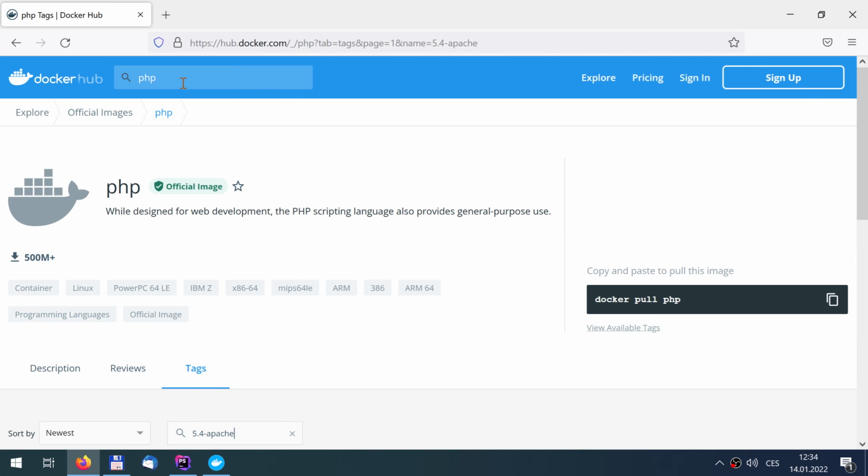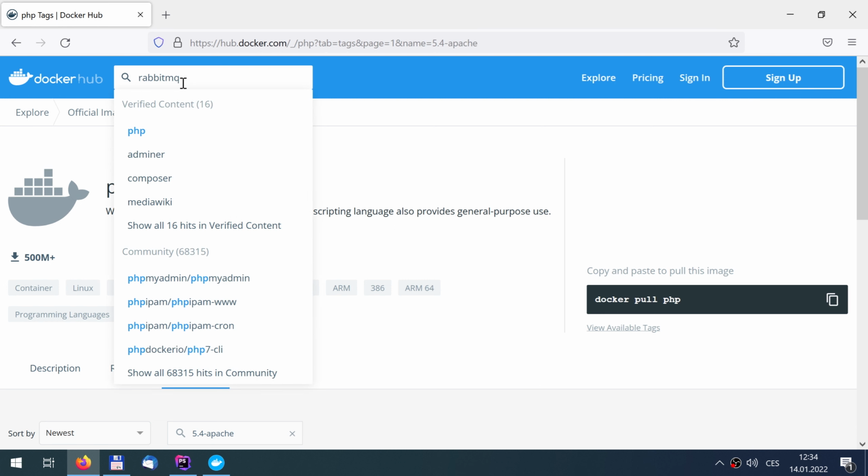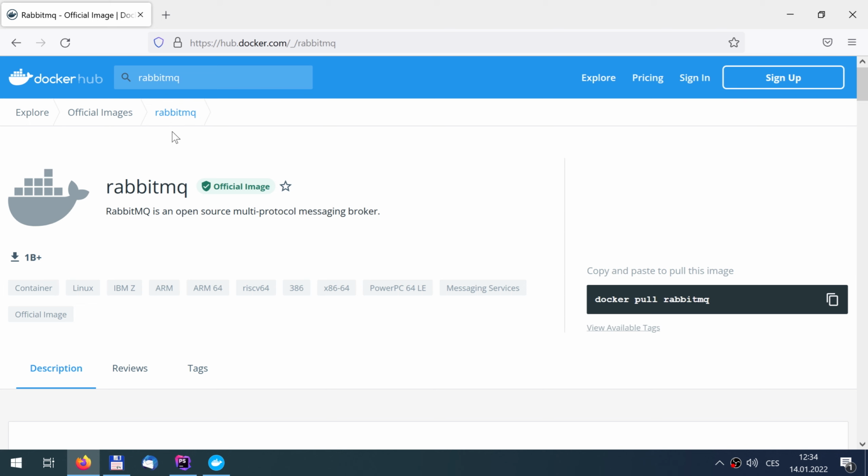Let's have a look at a specific example. For the last few years, a popular tool has been RabbitMQ, which is some sort of task queue. We don't need to go into details now. And when my PHP application needs RabbitMQ to work properly, I basically have two options. Either I try to install it on Windows from some installation files, for example EXE or MSI, or I can just run Rabbit as a service in Docker.